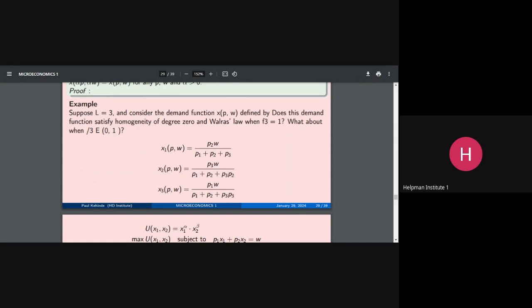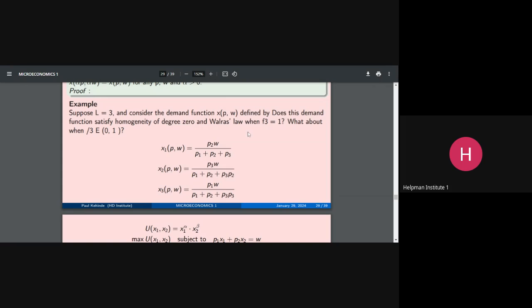We're talking about 3 commodities being present, L1, L2, L3, which can be X1, X2, X3. We are asked to show that if this function x of p of w satisfies homogeneity of degree 0, and if